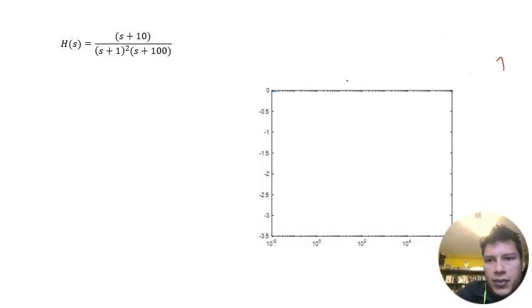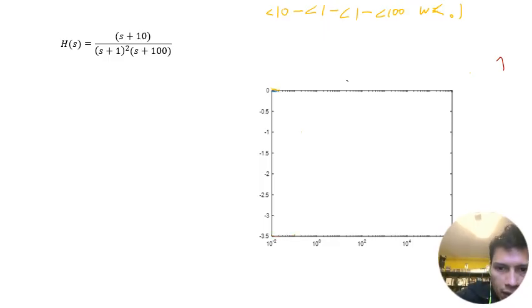Okay, so I guess we're drawing with that color. For omega less than 0.1, we're going to have the angle of 10 minus the angle of 1, minus the angle of 1, minus the angle of 100. So that's just 0 up to 0.1. So here, oh wait, that's negative. So here,